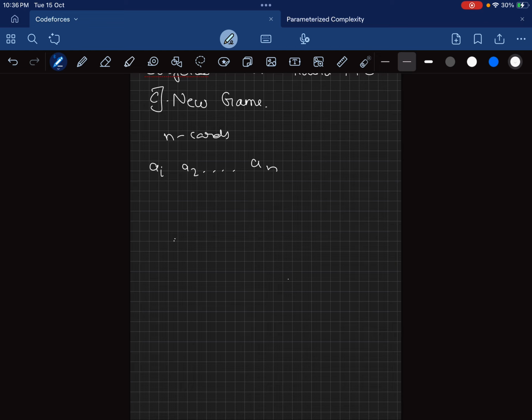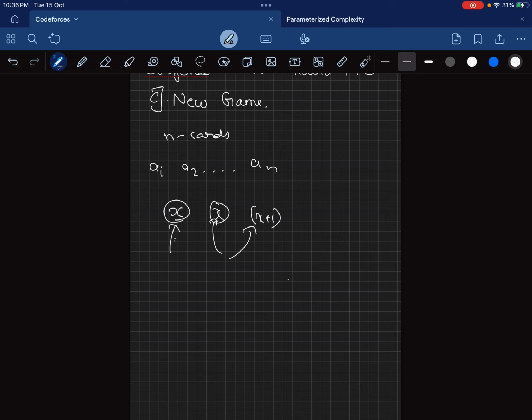so we have this person called Monocarp. What he can do is he can pick any card at the beginning, say with X written on it, and then on the next turn he can either pick a card which has X written on it, or he can pick a card with X plus 1 written on it. And he is only allowed to do this as long as